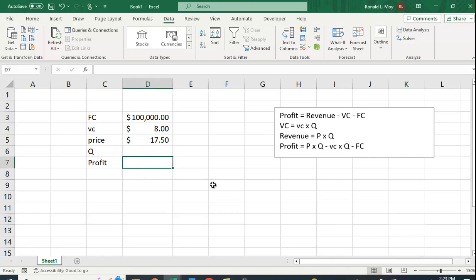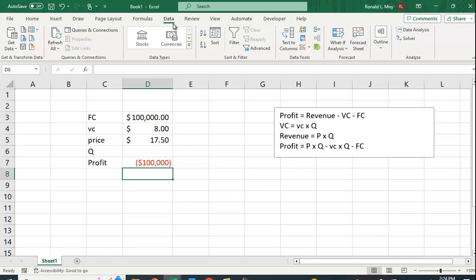So let's put in the profit equation here. So we're going to have price times quantity. We don't have any quantity in there yet. Minus variable cost per unit times the number of units we produce minus the fixed cost. So if we put that in, we start 100,000 in the hole because we haven't produced anything yet. So we could actually solve this algebraically, but if you had a more complicated problem, GoalSeek might be